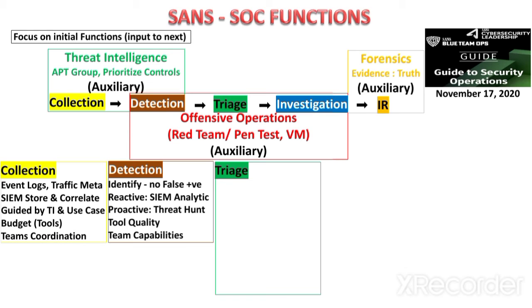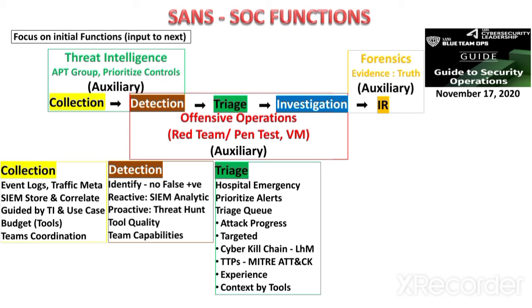Now, after detection of different alerts, then we have to sort these alerts. And it is like a hospital emergency environment where different patients arrive in the emergency, and then you have to sort those patients as per the criticality of their situation, so that doctors can later operate on them. Similarly, you have to see all the alerts which you are getting from maybe security information and event management system or other security tools, and then the analyst has to prioritize these alerts. And then you prepare a triage queue based upon these prioritized alerts, which will be investigated in the next phase